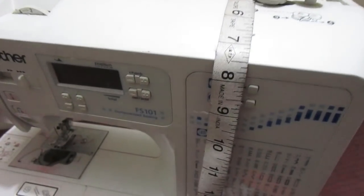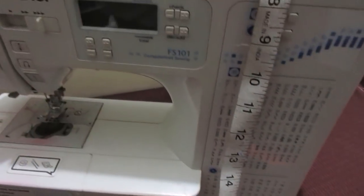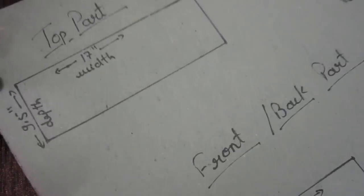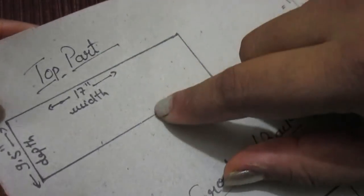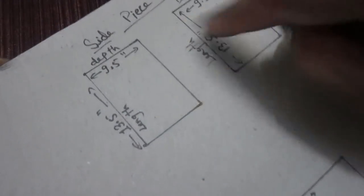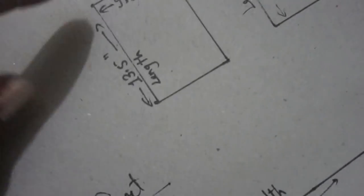So that's it for the measuring of our sewing machine, and now we'll cut the patterns. For this you need to cut 3 kinds of patterns. First is your top part. For that you need to take the width and the depth of your machine and add 1 inch extra for seam allowances. Then the side pieces, you want 2 identical pieces, and for that you need to